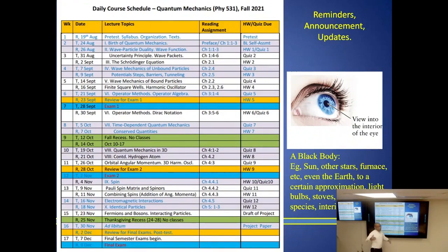So your question was very good. Where are we? What are we doing? So I'd like to show you all. We started out with organization and all that. Today is birth of quantum mechanics. The reading is the preface and that. And then the self-assessment was due because I wanted everybody to do it. And then on Thursday we'll repeat that because we want to be thorough. Based on what I'm going to say today, you're going to read it with new and maybe fresh zeal. You'll know what to look out for. Is that okay? And then you will be fine with the quiz. The quiz will be very simple after all we are doing here.